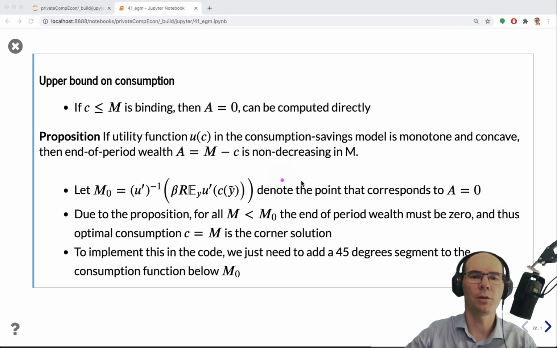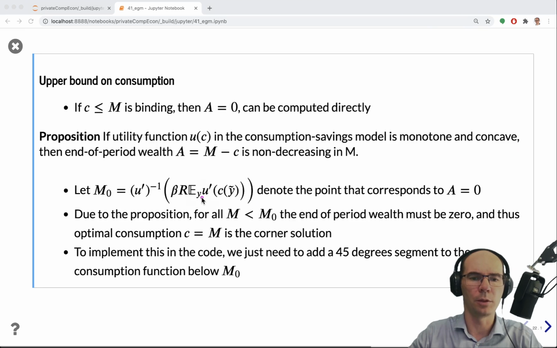Okay, but because I'm using the Euler equation to calculate that point, this is going to be the point where the corner solution is exactly the same as the interior solution. So this is where the interior solution and the corner solution sort of touch. Okay, that is going to be the M0. It's easy to calculate, right? Because we just take the